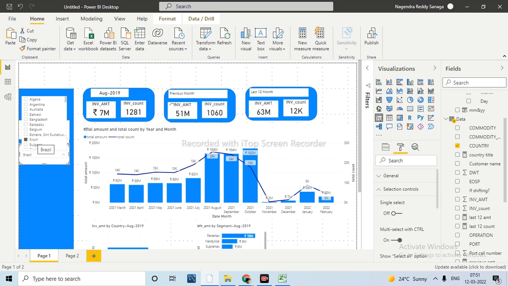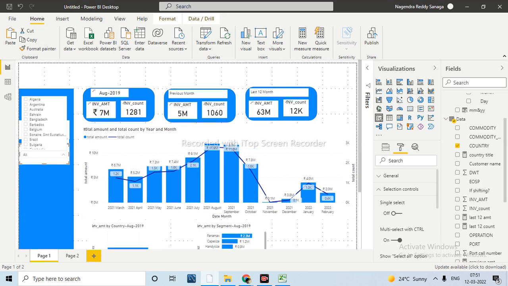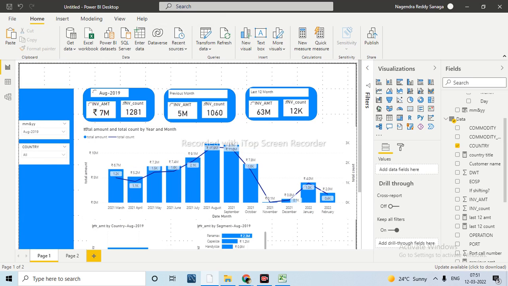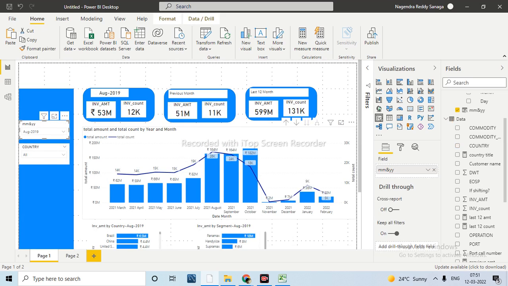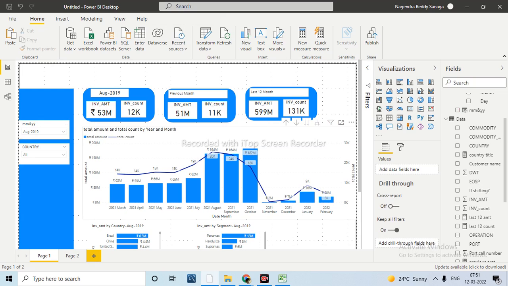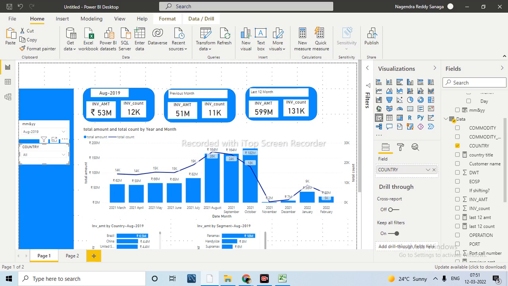But this graph will not change, because we have stopped the interaction from here to this graph only. Whatever month we have selected, all the visuals are updating, but only this graph is not, because here we are showing the trend for all 12 months. Now when March data comes in, the latest will be March, and when we take the last 12 months, that information will come from April 2021 to March 2022, because everything will be dynamic. Now just let me take one more, the segment.